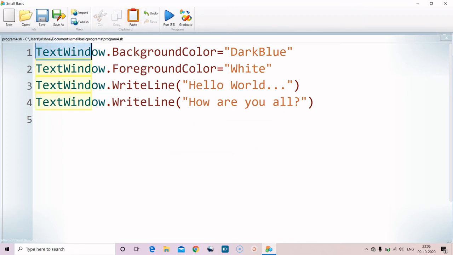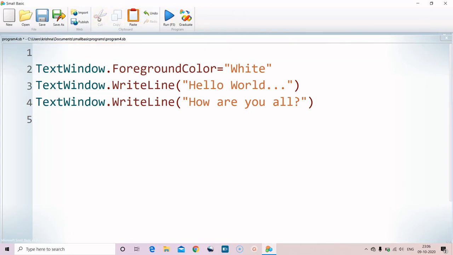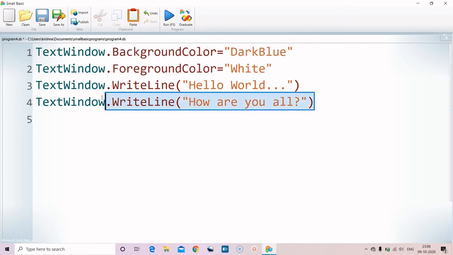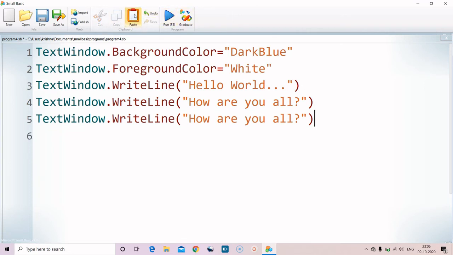The other buttons are common buttons. Suppose we are cutting: we select this line and cut it. Again we are pasting it. Similarly, let us copy this and paste it here.